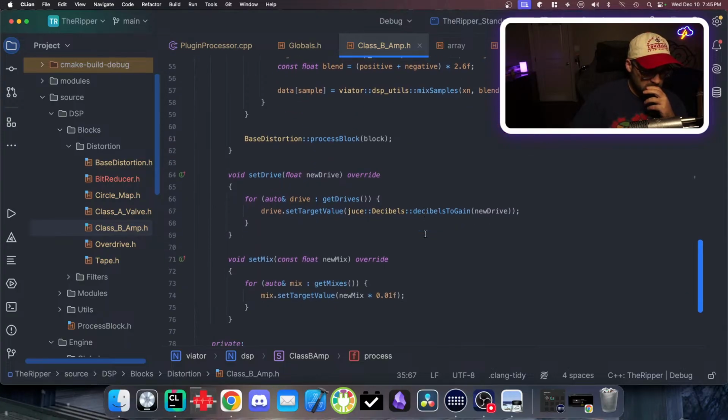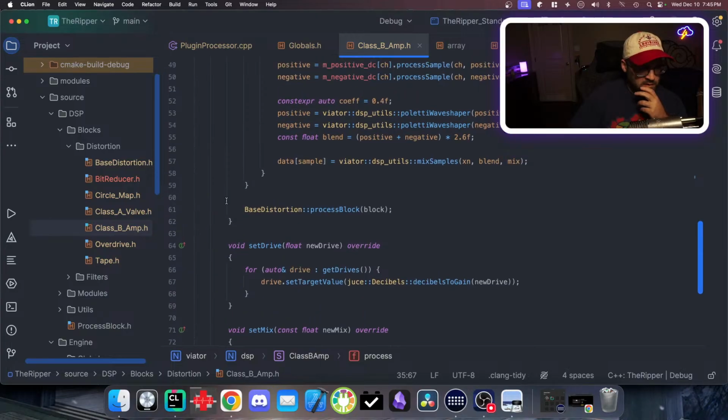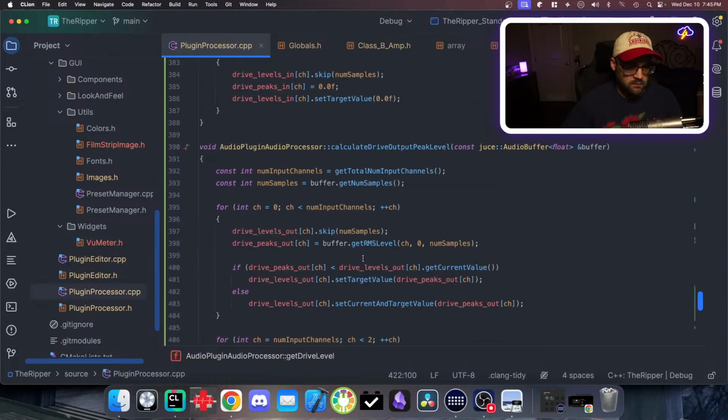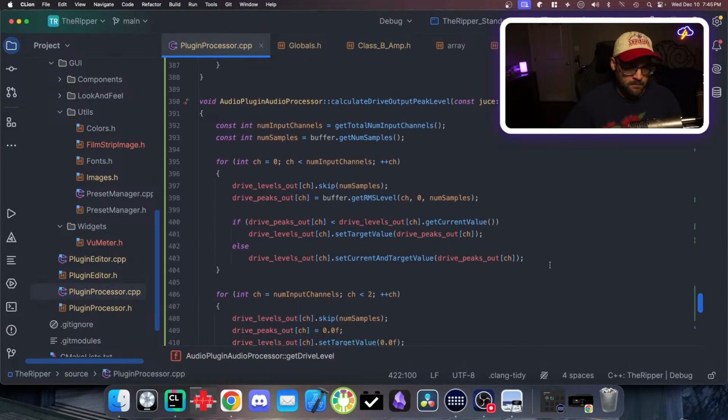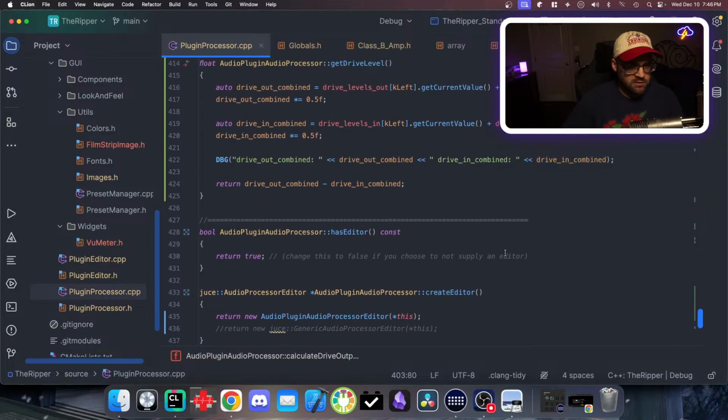Okay, so this one doesn't seem to have any added compensation, so do I just need to see which one is larger and then